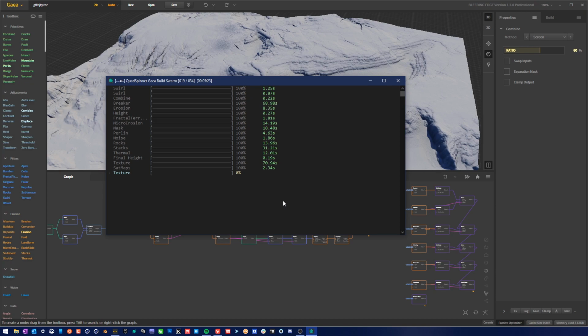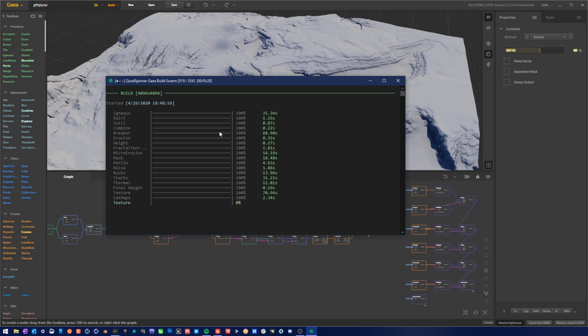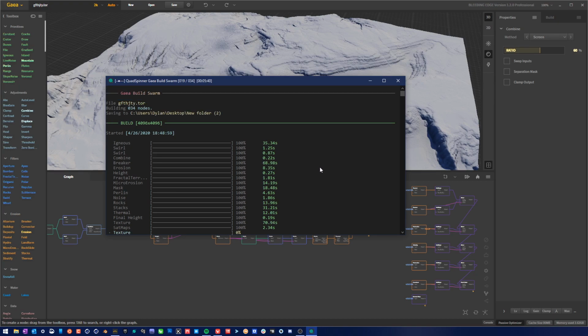Yeah, building is not exporting, so it's compiling. Yeah, so you're right. It takes all the nodes and builds them out, and then it only exports the nodes that you have set up to export. And the reason why that's the case is because in World Machine, you can export any node that was exportable by using an export node, but all that did was make your entire